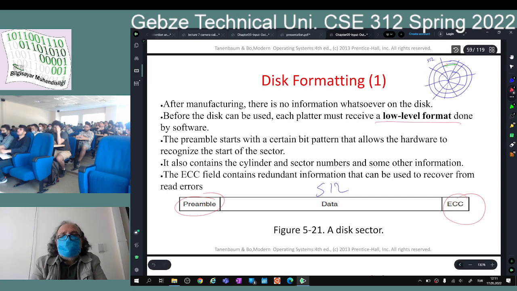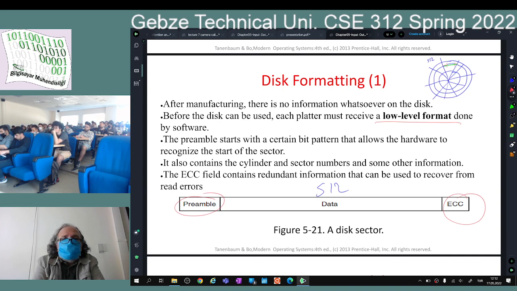As you see, I didn't talk about any inodes, file allocation tables, superblocks, etc. Low-level formatting is lower than that. It just marks the sectors of each track one by one, for all the cylinders and all the tracks. That's why it takes a little bit longer. If you try to format a disk,